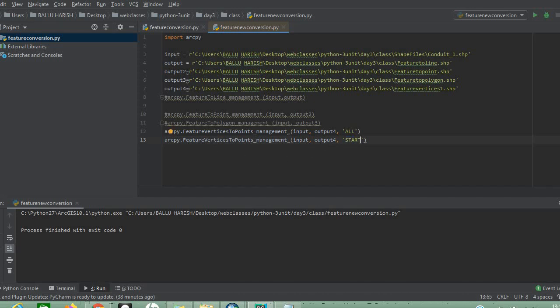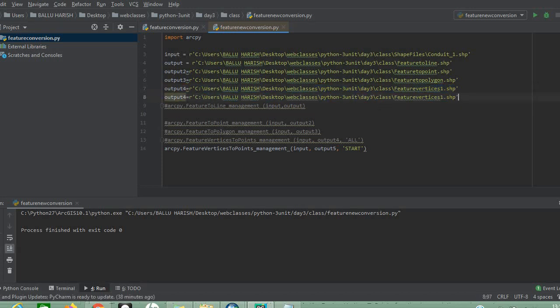Okay, here use the output file, comment this, next, output file, make it as 2. Okay, we have done something here. I have changed the mode from all to start just to see the difference.